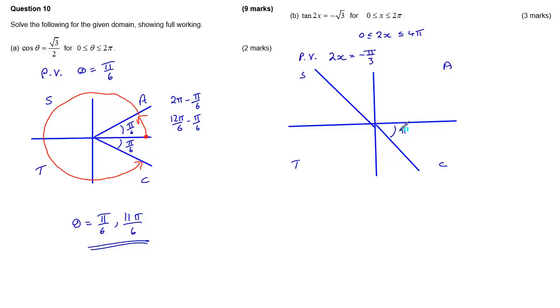So this angle here is pi by 3, this angle here is pi by 3, and significantly for the tan, this is a straight line, it goes straight across. So we're going from 0 to 4 pi, so our principal value of negative pi by 3 isn't even in our range. So we'll come around and we'll get to here,